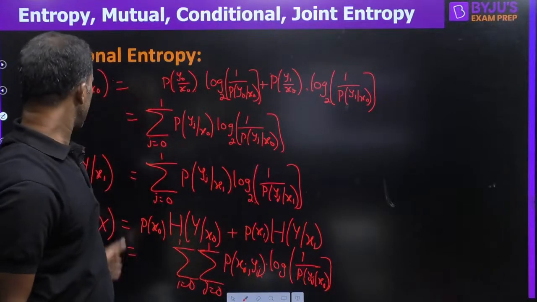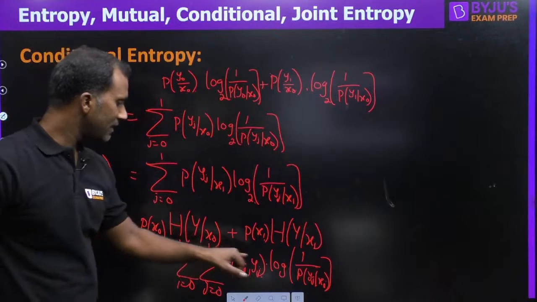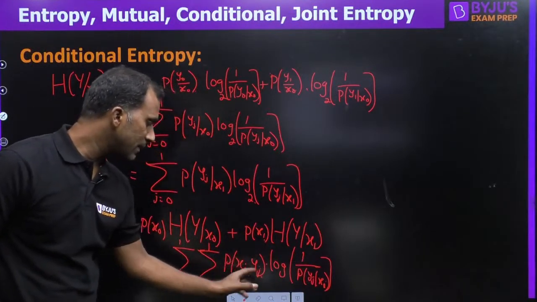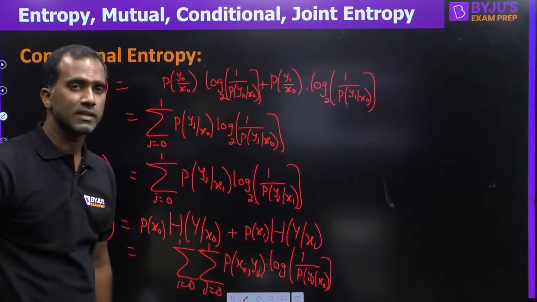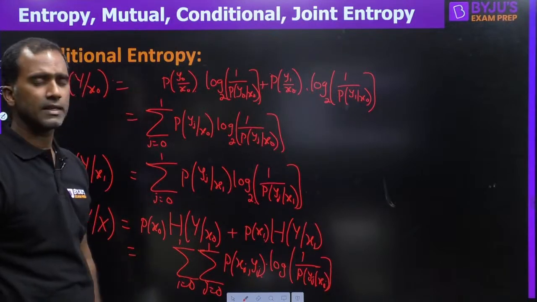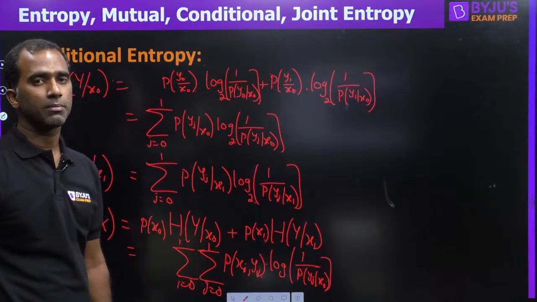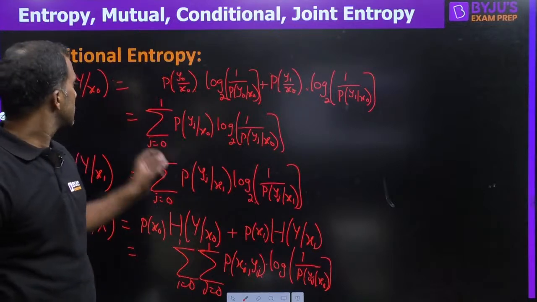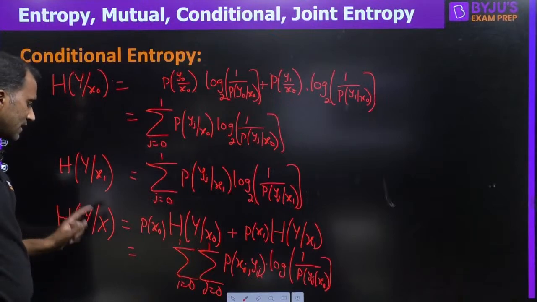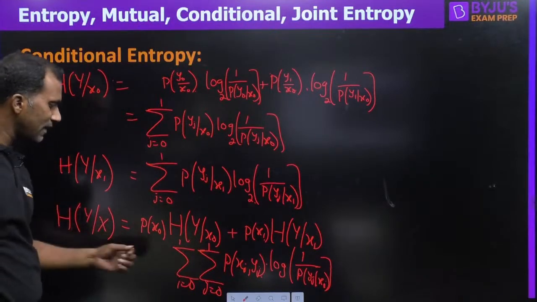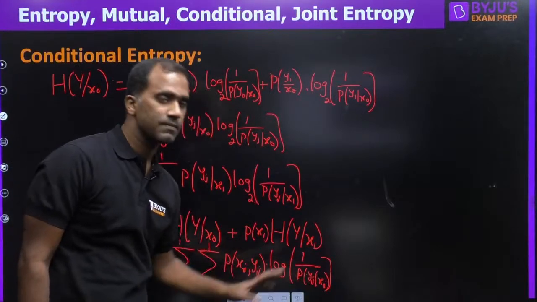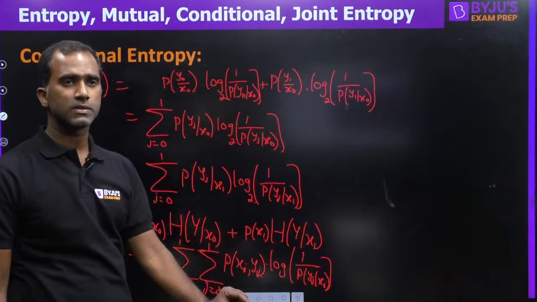Whereas in conditional entropy, if it is y given x, the same y given x is there inside the logarithm, whereas outside, whatever is being multiplied is not y given x, it is the intersection probability or joint probability. We call intersection probability also as joint probability. Okay, so you have to mind this. Similarly, I hope you can write for x given y also. For x given y you can write in the same manner. For x given y, it is exactly the same here, and here it will be xi given yj. Xi given yj, slight difference.